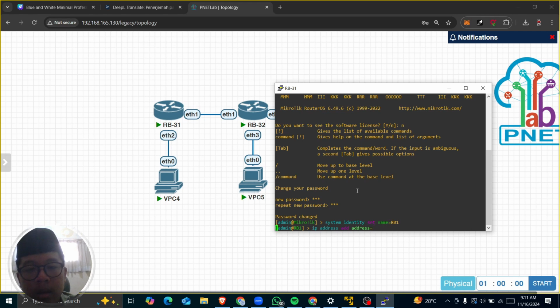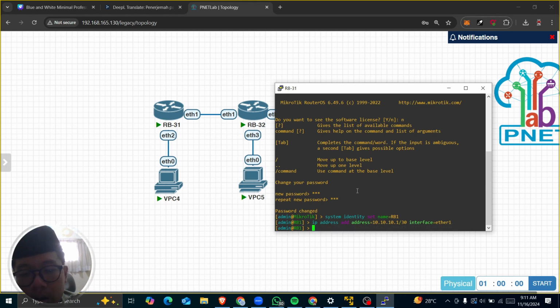Let's say 10.10.10.1/30 on interface ether1, and for the VPC 4 we're gonna add the address 2, but using the class C address /24, on interface ether2.